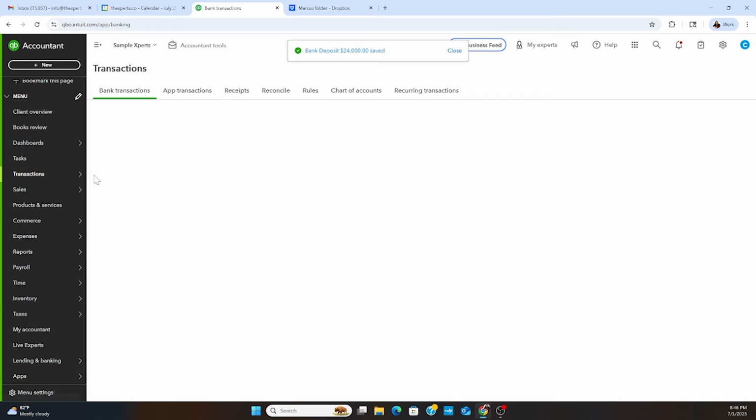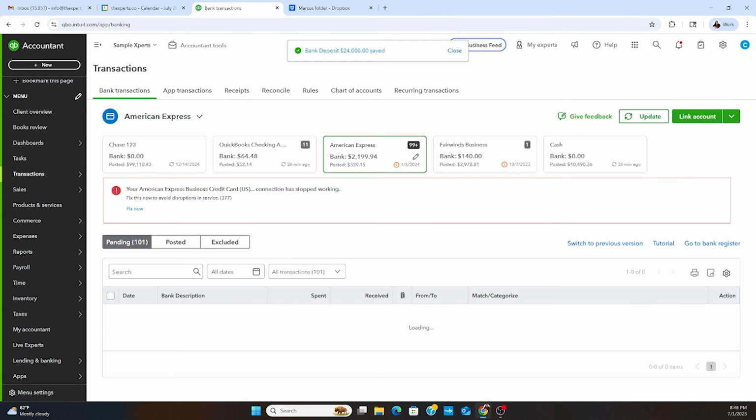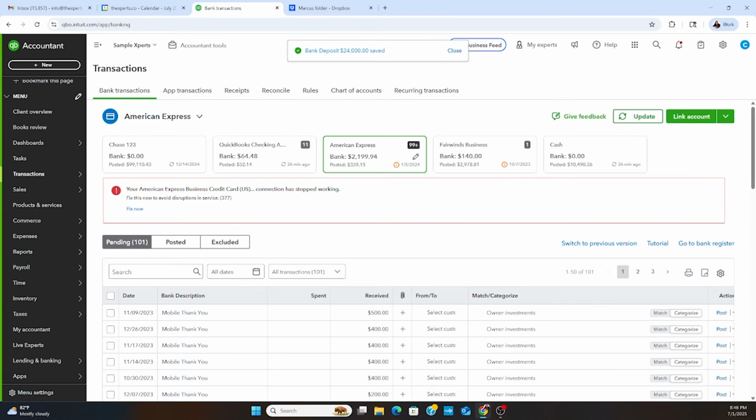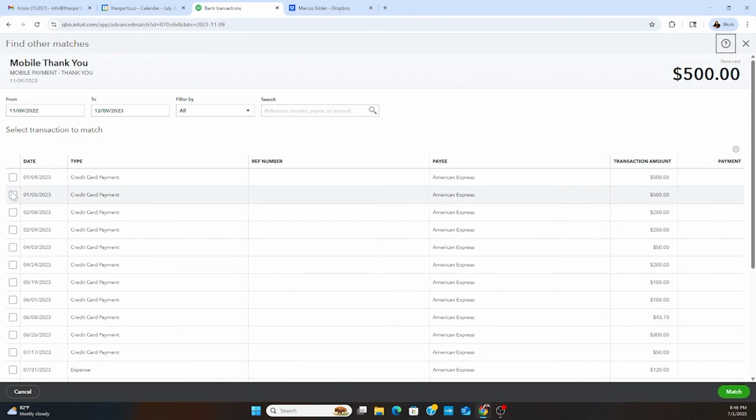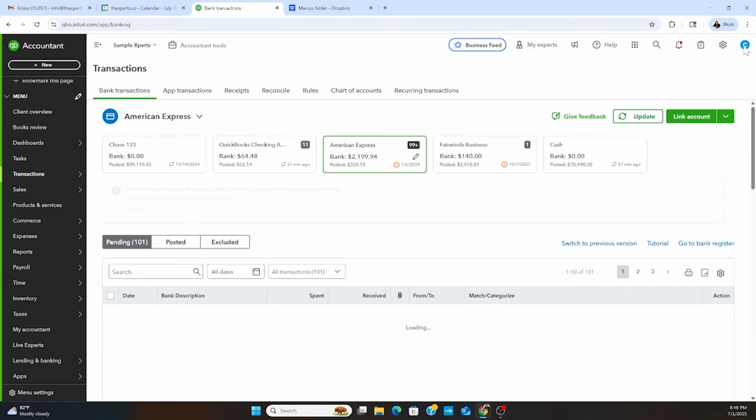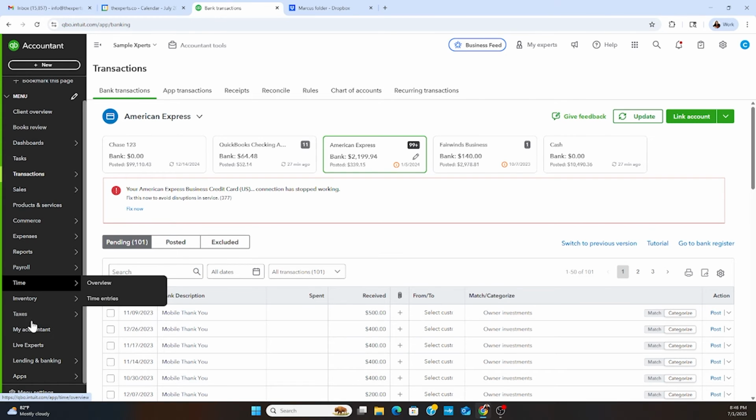And let's assume that on the bank feed, I have 24,000, which I don't because this is just a sample account. But let's suppose that this is $24,000. I'll click on match here and I'll see that deposit, and then I would select and it would say zero balance, and voila, okay? But that's not the case. So we're just gonna make believe that's what we did. Okay. So now, what kind of reports